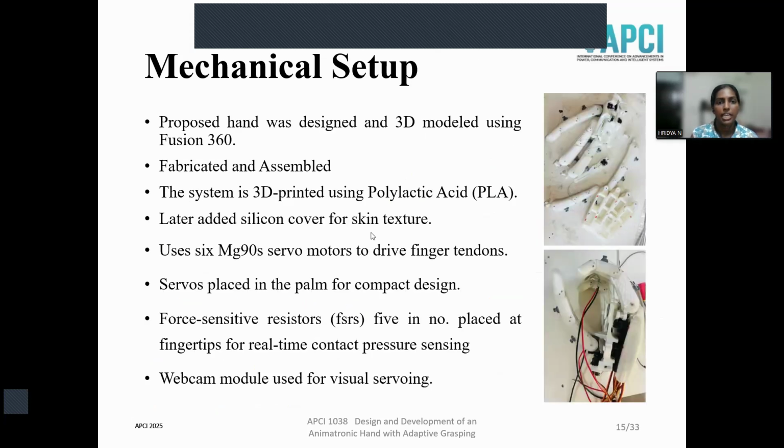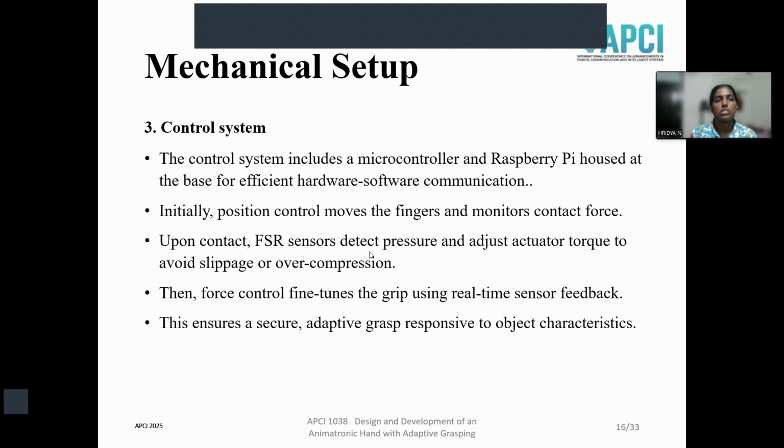So this is the proposed hand mechanical setup. The proposed hand was designed and 3D modeled using Fusion 360, then fabricated and assembled as you can see in the figure. The system is 3D printed using PLA, and later a silicon cover is added for skin texture. Here we use MG90 servo motors to drive the finger tendons, which are placed at the palm for a compact design. And 5 FSR sensors are placed at the fingertips for real-time contact pressure sensing and to avoid deformation. A webcam module is used for visual servoing. The control system includes a microcontroller and Raspberry Pi housed at the base for efficient hardware-software communication. Initially, position control moves the finger and monitors